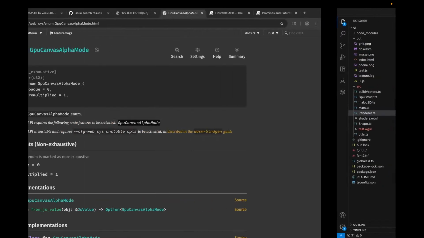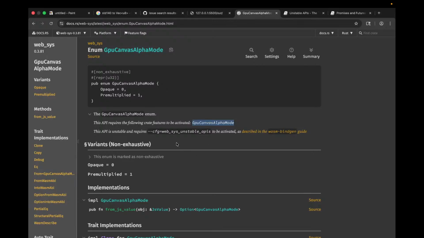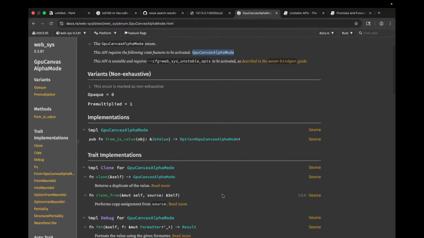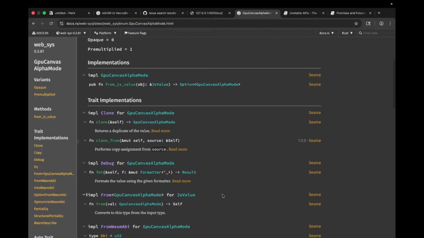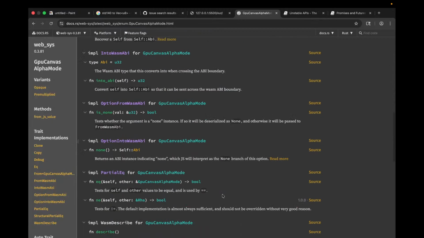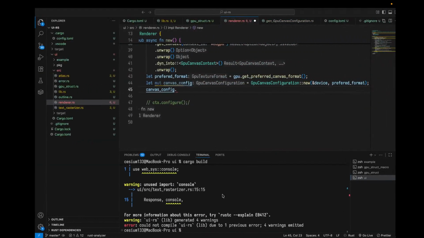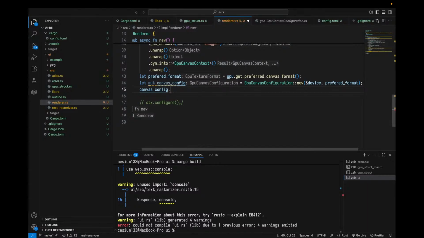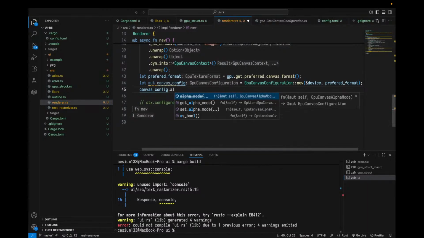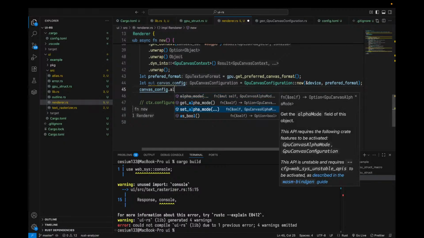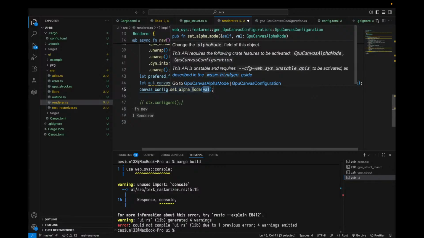How do I set the alpha mode then? Canvas alpha mode pre-multiplied. I don't know. Alpha mode. Set alpha mode, and